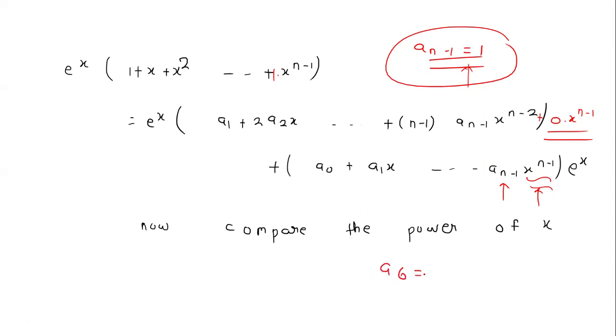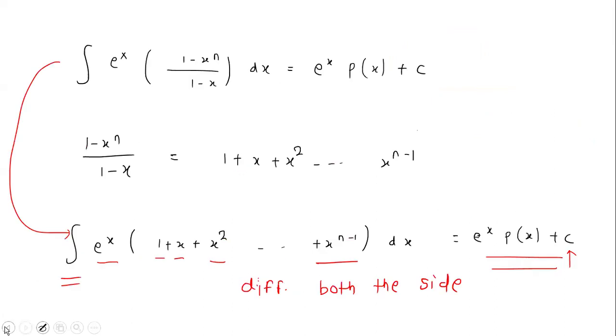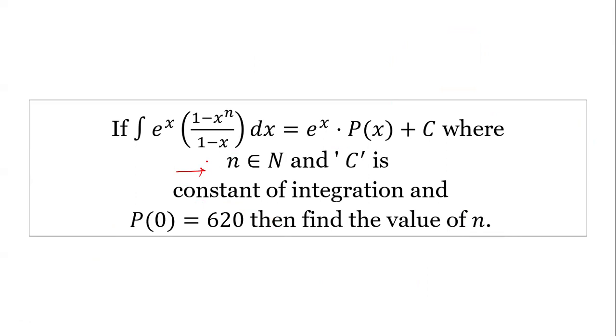So we got the a6 value equal to 1, so we go up to here, and now you can compare this a6 with this a n minus 1, which must be equal to 1 from this thing. So this n minus 1 value must be equal to 6. So n is 7 here. So in this way we can solve this problem. From this information we find out this natural number n must be 7 to satisfy this equation. So in this way we can solve this problem.